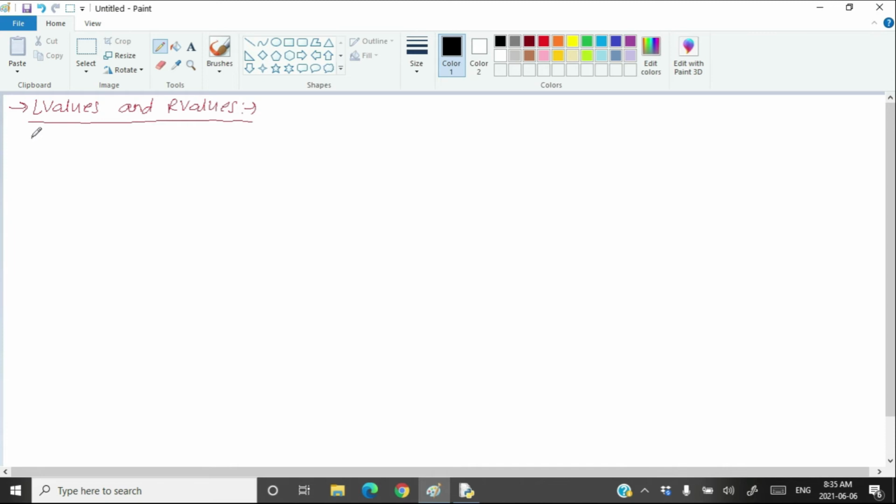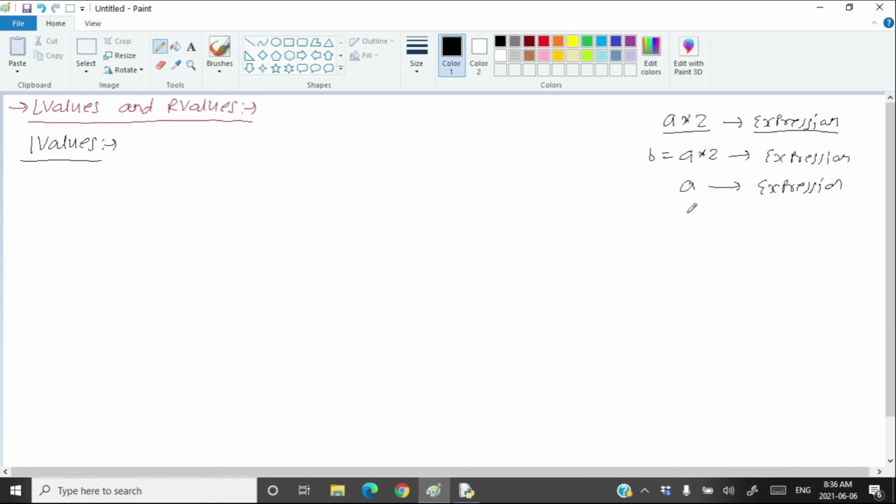L values. Writing A multiplied by 2 is called an expression. Writing B is equal to A multiplied by 2 is also an expression. Writing just A is also an expression, and writing just 2 is also an expression. So all these four are expressions.